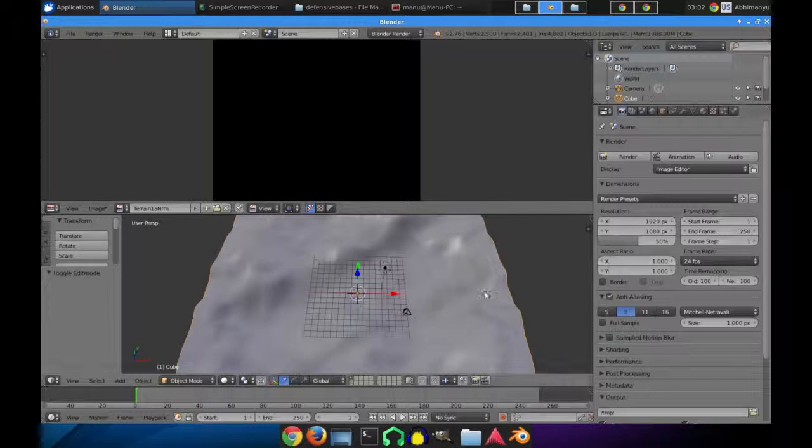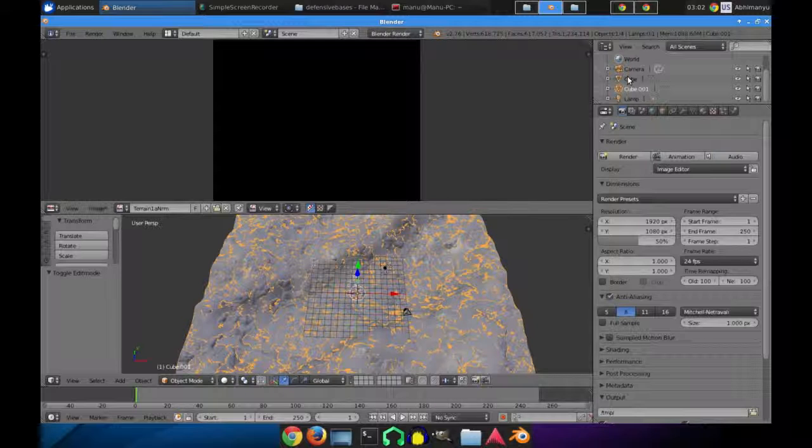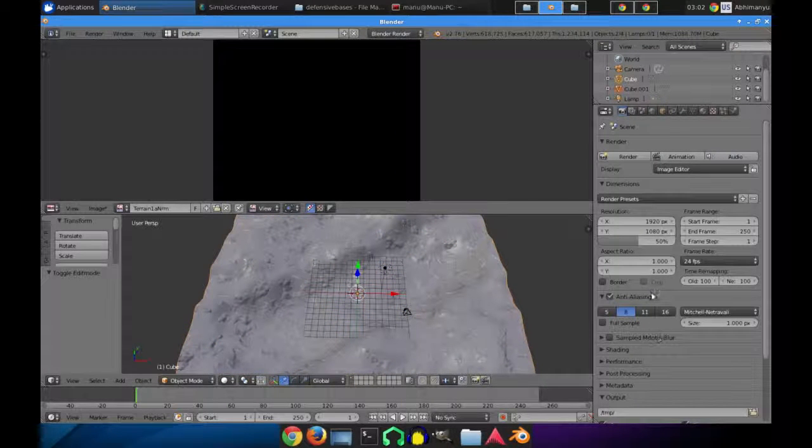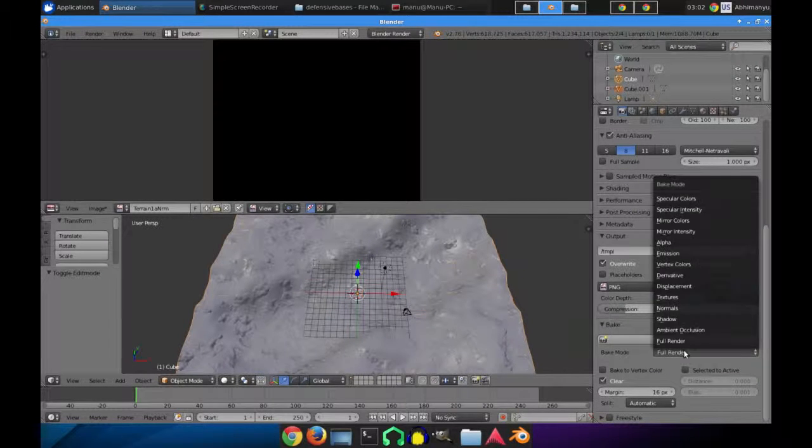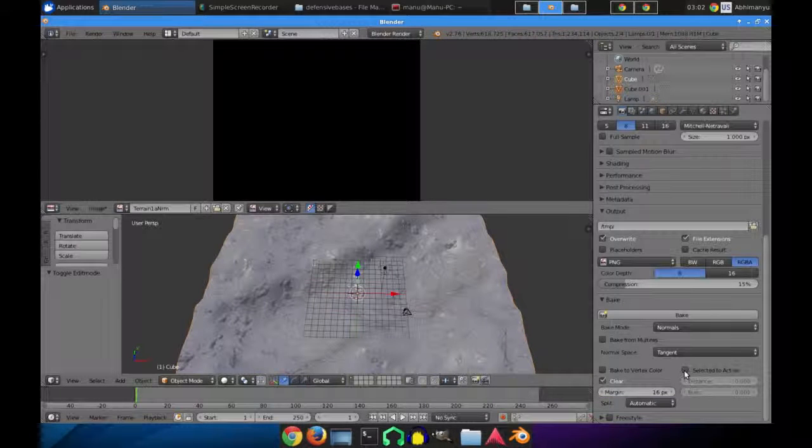Now what we have to do is bake the normals. So select both layers. First select the high poly mesh and then select the low poly mesh, and make sure you are in Blender render. Go to bake, select normals and select selected to active. What selected to active does is it takes the high poly mesh, which is the selected mesh, and bakes all its contents onto the low poly mesh, which is the active mesh. So essentially these bumps would be baked on the low poly mesh into this image, which we can use in our game. So let's just hit bake